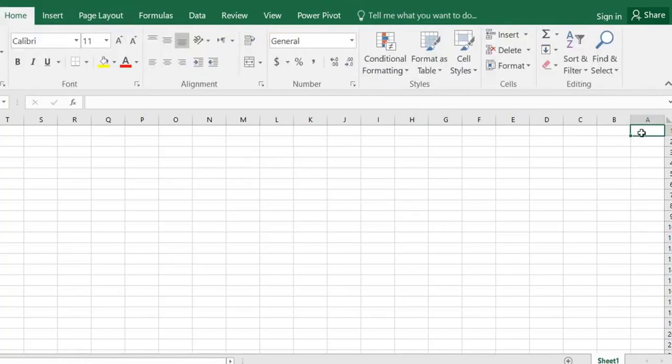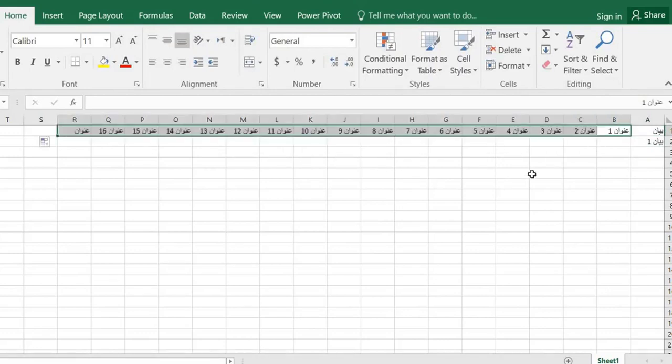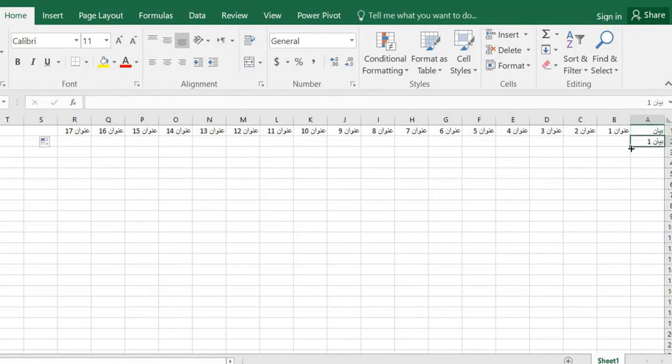We will start by entering some data and numbers to format them. By pressing Ctrl+D, it will copy the top cell, and by dragging the cell like this, it will fill the rest of the row with sequential data. Similarly, we can drag the cell to fill the cells vertically in a sequence like this.